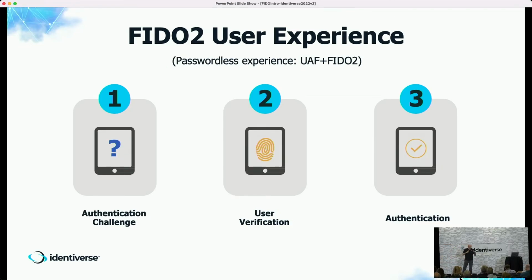The more common experience that you've been hearing about, and hearing about passwordless authentication and so on, is really this model. Again, you have an act, which is the prompt, and it could be on your laptop, could be on your phone, that says you need to authenticate. You do your user verification, which is your gesture. It says, yep, it's me. And then, so the ask, the act, and again, the validation. And this is the simplest model of all, and it's one where it doesn't require the use of passwords at all.